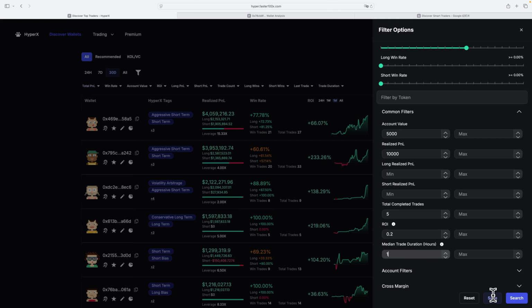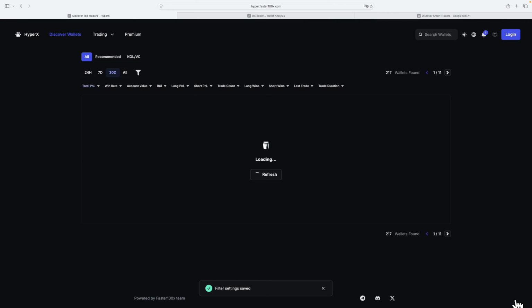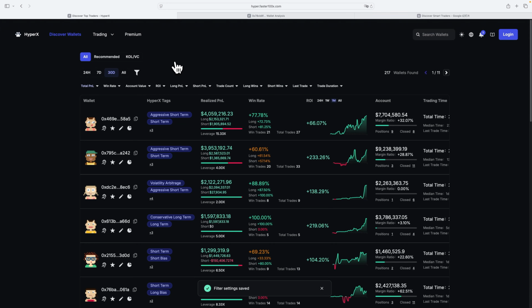After completing this filtering process, you can proceed to perform a more in-depth search. As you can see here, even after applying all these filters, there are still 217 wallets remaining in our selection. So we can now conduct a much more detailed and precise screening among these remaining 217 wallets to identify